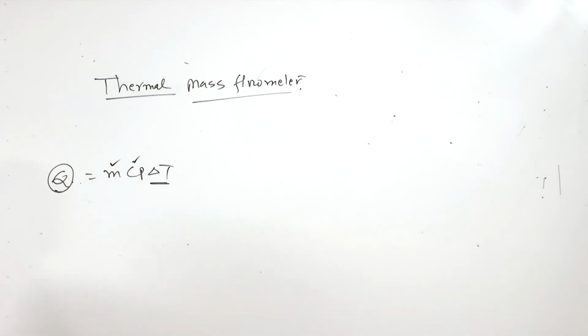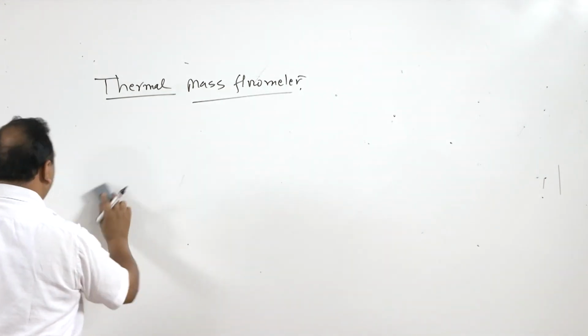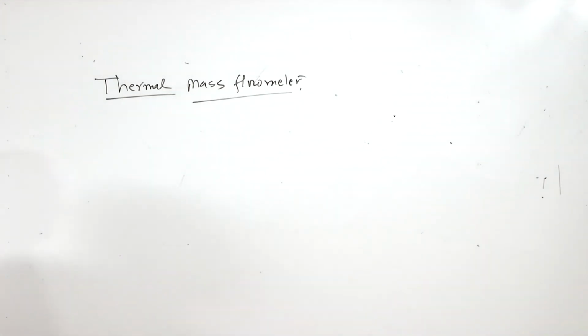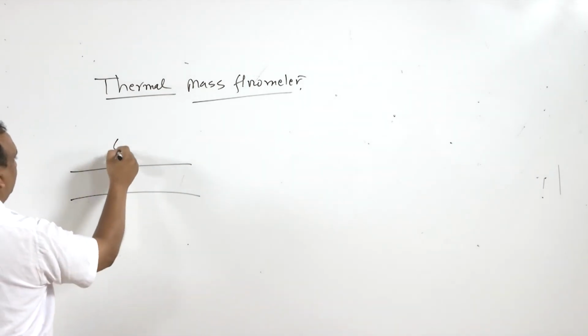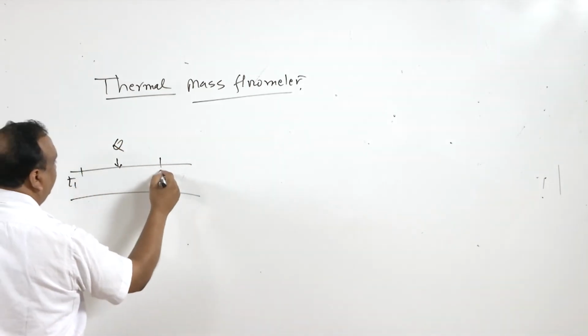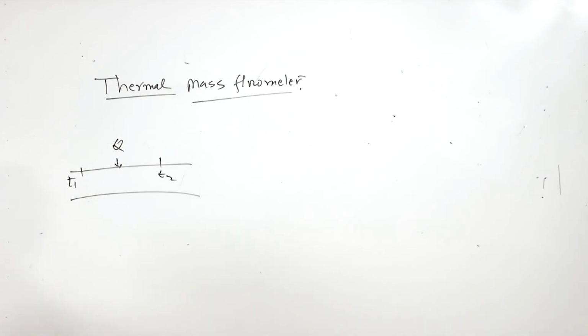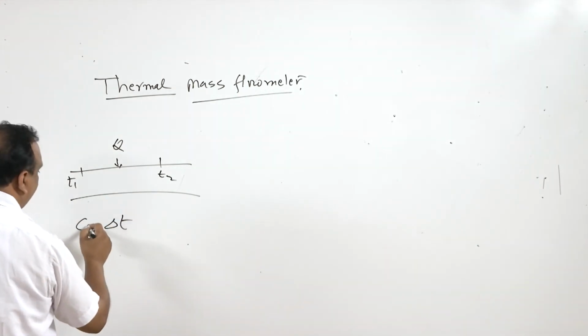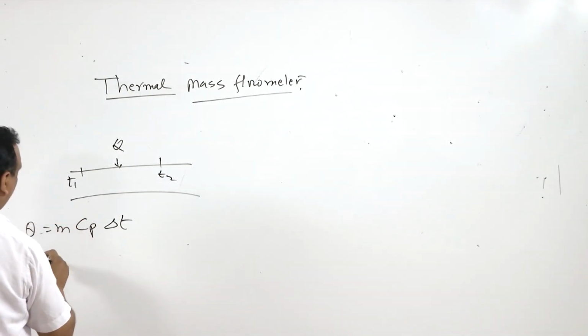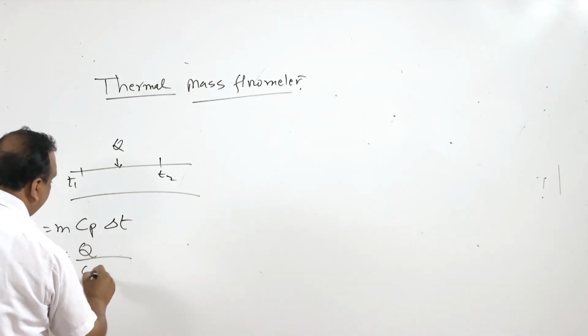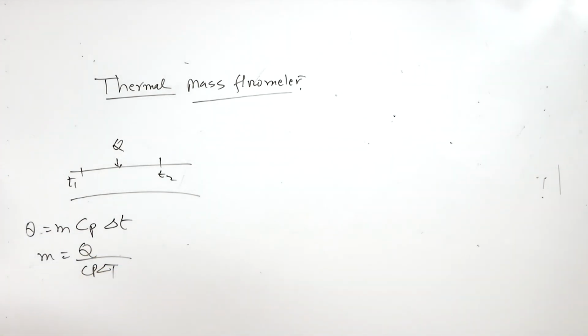Now this working principle is slightly modified, or we can develop a flow meter based on this principle also. Q is equal to mCp delta T. So in a tube, heating is done, Q. This is T1, this is T2, right? So what is the temperature rise in the tube? This temperature rise is multiplied by the specific heat, Cp, and Q is equal to mCp delta T. So m is equal to Q by Cp delta T. That is one thing. Second thing,